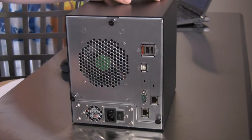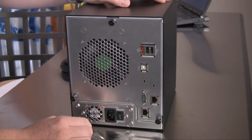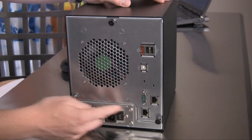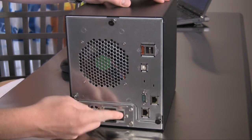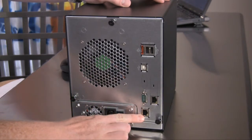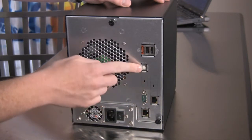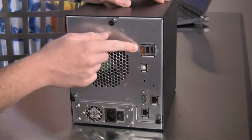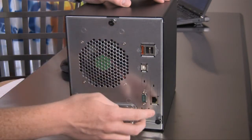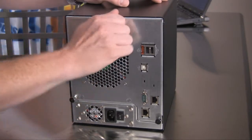Looking at the back of the device, we see there's really not a whole lot to it. There are 3 thumb screws that help you access the inside of the unit. One, obviously, of your power supply here with a single power connection on-off switch. One internal network connection, gigabit, one external connection, serial port, another USB connection, 2 more USB connections, and eSATA as well. Now if we go ahead and let's just take this apart,